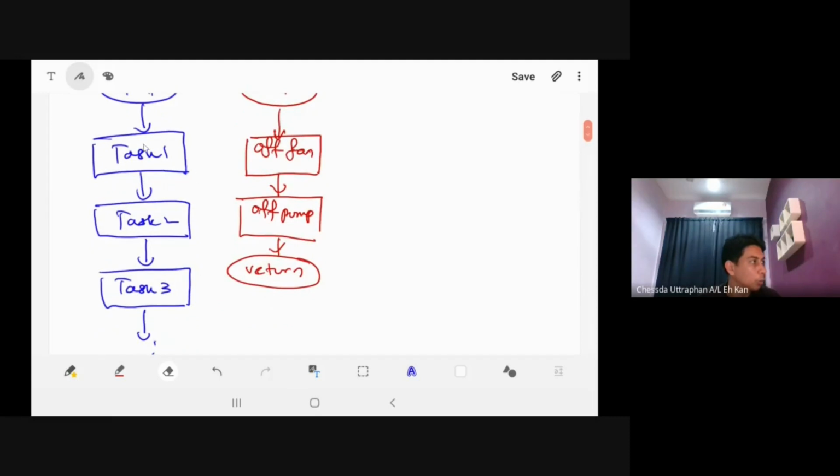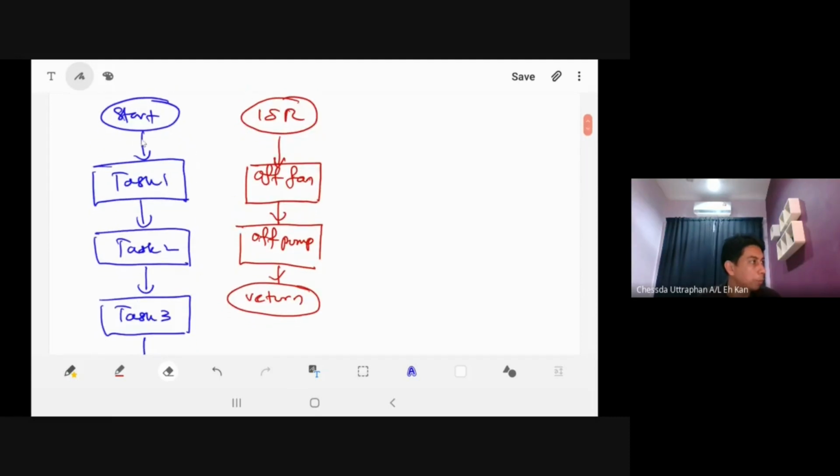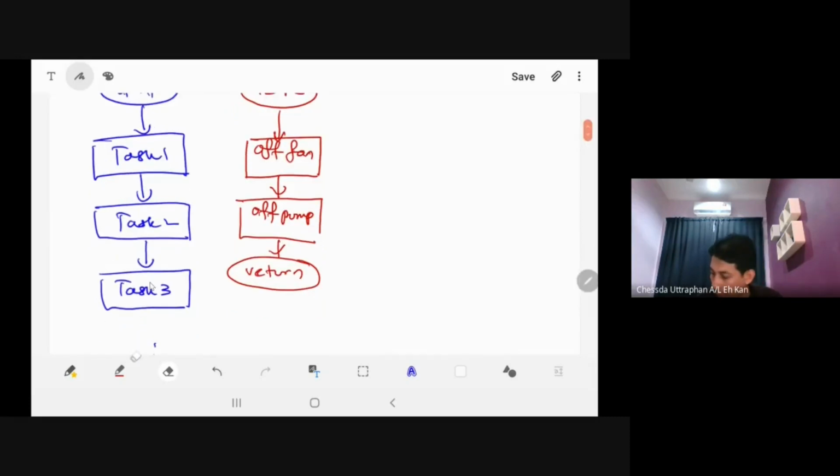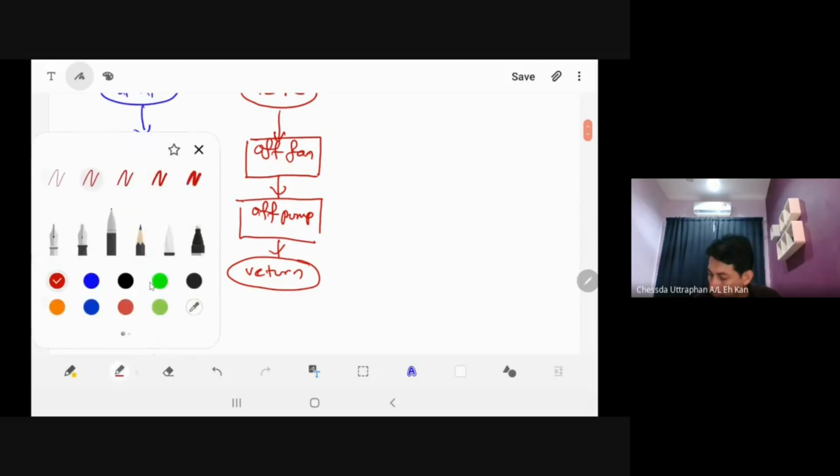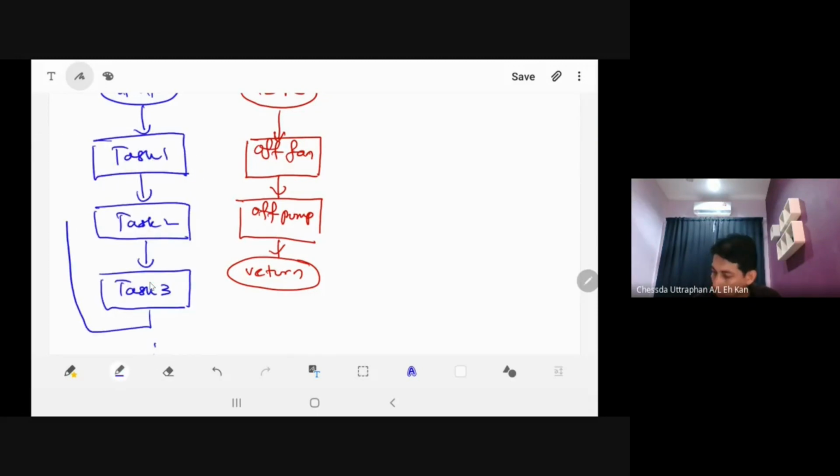All right, so when you start your program, in normal execution, it will start, execute task 1, execute task 2, execute task 3, and then go back to here. Execute task 3, go back, do this, do this, do this. So if there is no interrupt, your program will be running in this loop. All right, but at some point in your program, for example here,